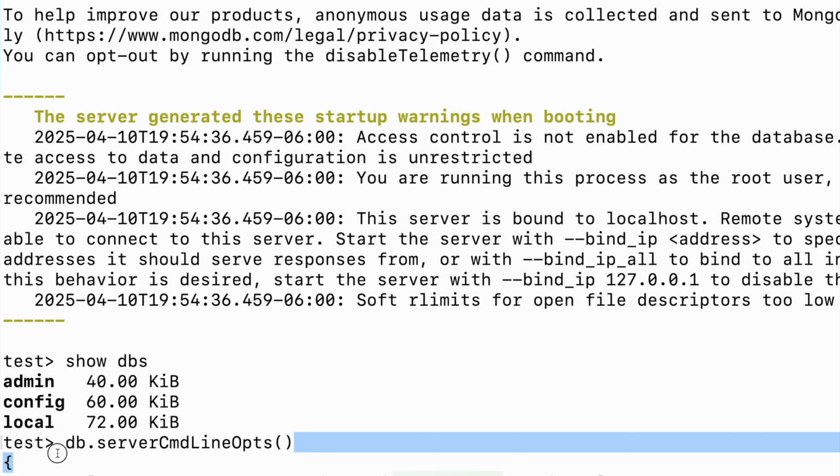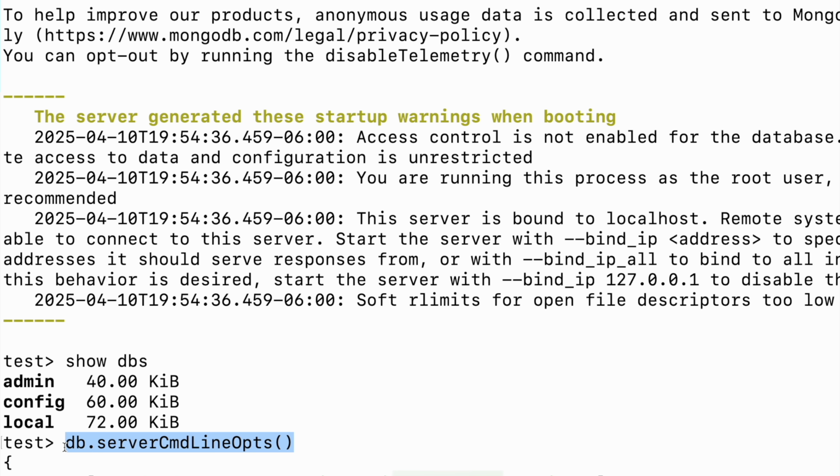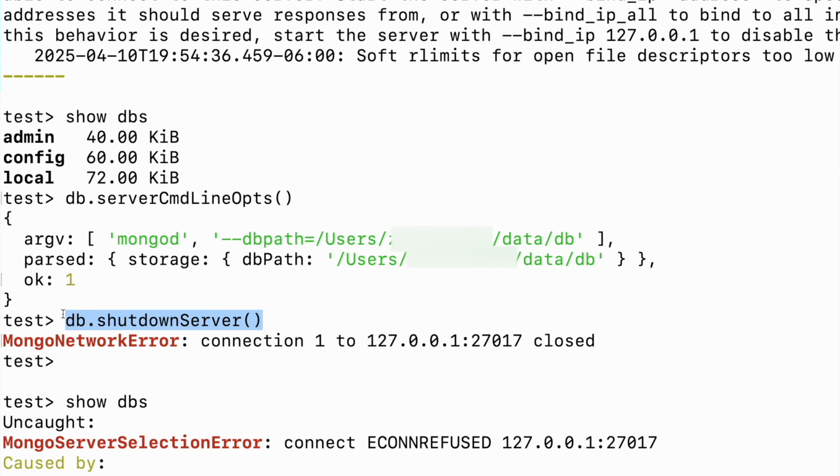And I ran the DB server command line ops command, and it showed me where the path of the daemon is, which was correct, and the file path of where your information is stored, and this 𝐀=1. Be careful when you're shutting down this server and do it correctly. You'll see like Control-C, or you'll see the use of kill. There's circumstances where you could lose data or things won't be saved, so just be careful when you're doing proper